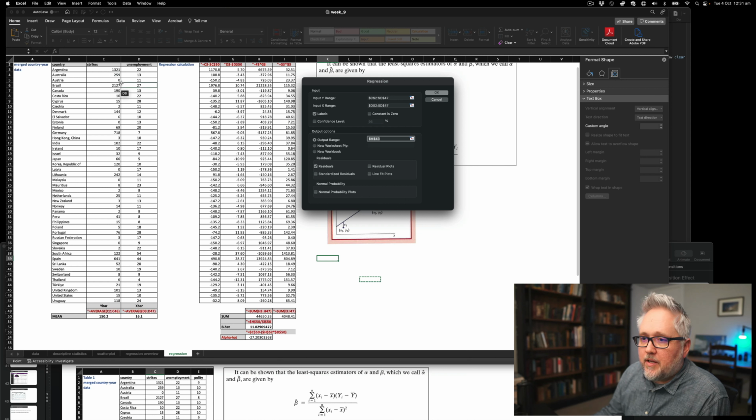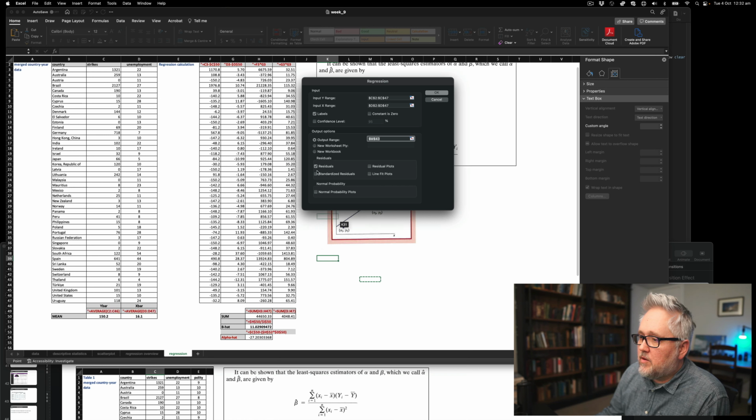I already pre-populated from when I did this before. So from cell C2 to C47, anytime you put a dollar sign there, like in these equations, it doesn't change the value if you drag it to a different cell. We're going to do labels and output it right here.